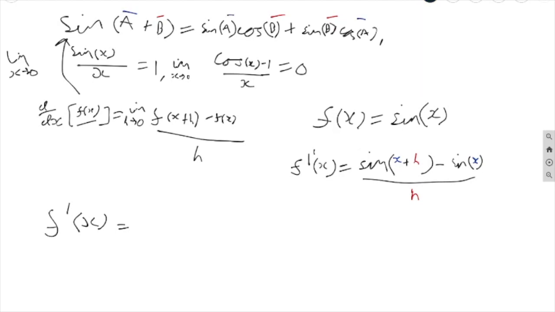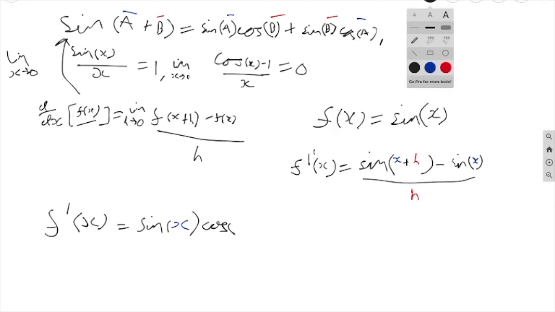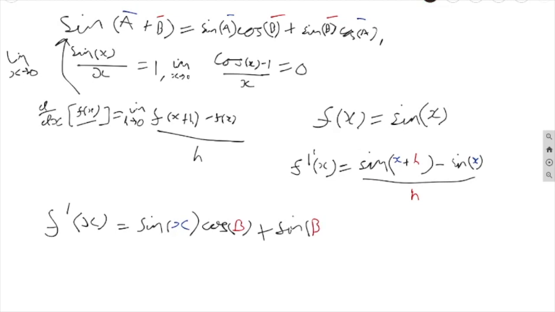So therefore, f prime of x equals sine a, our blue color, is x, times by cos of b, our red color, and to that we're going to add a sine of b, our red color, multiplied by a cos of,